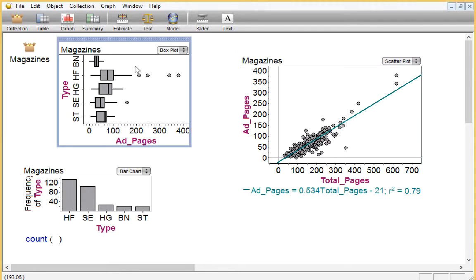And these are outliers. So if we select the outliers for the health and fashion magazines, you can see that even though they're outliers in the single variable representation, they're actually not really outliers in the double variable. That is, the number of ad pages is proportional to the number of total pages. So even though there's a large number of ad pages in these magazines, they're in proportion to how they are